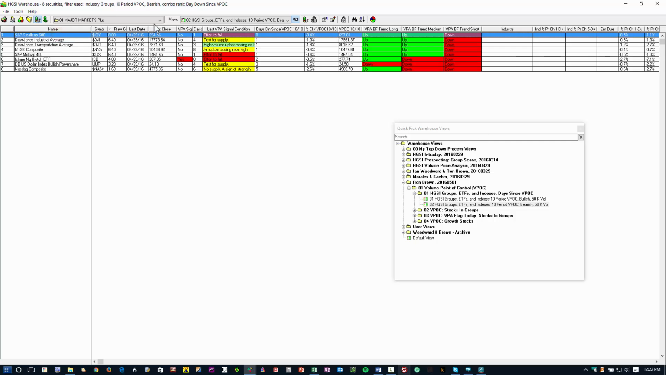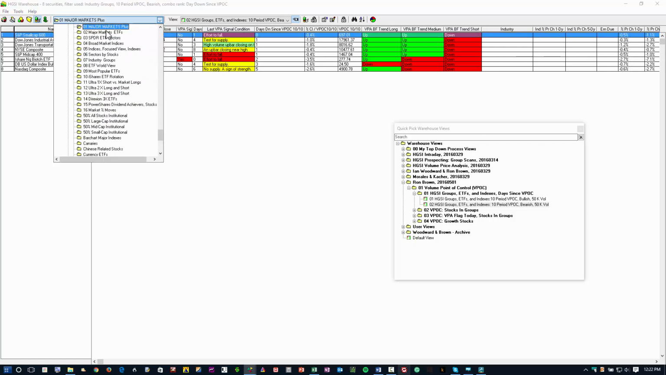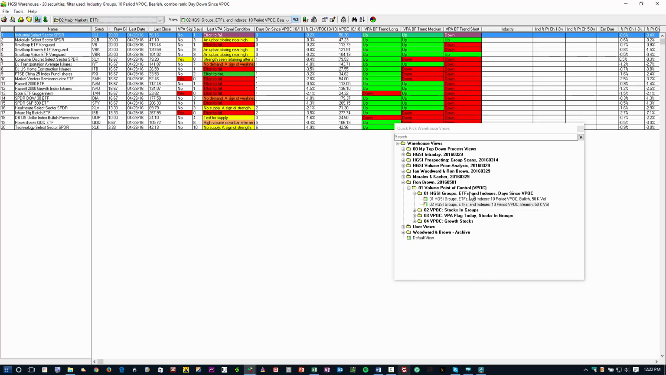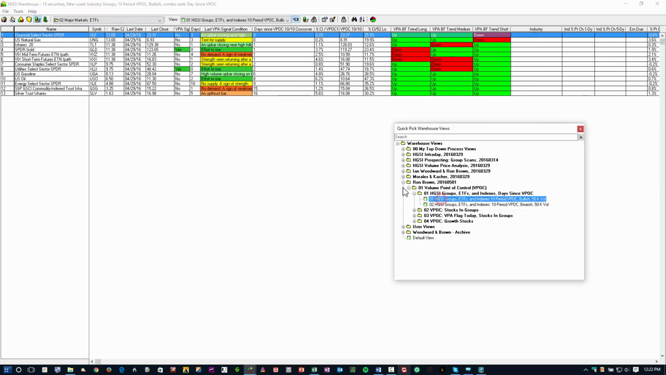Okay, let's just move down to the next view. My major markets ETF. This will give us a better feel for what's up versus what's down based upon the volume point of control. You can see that the spiders, the financial sector spider, I should say, turned positive yesterday during times of